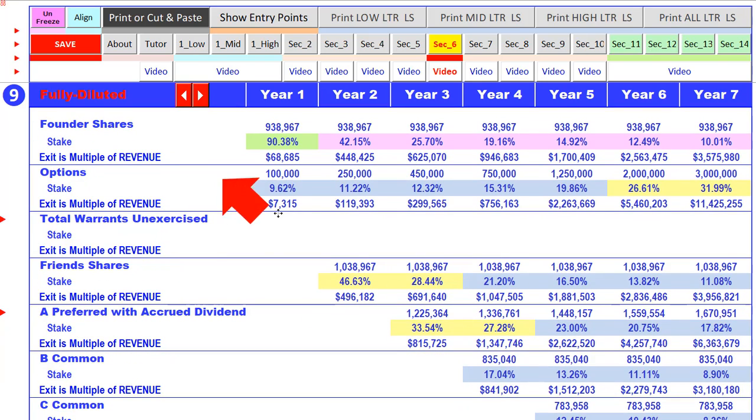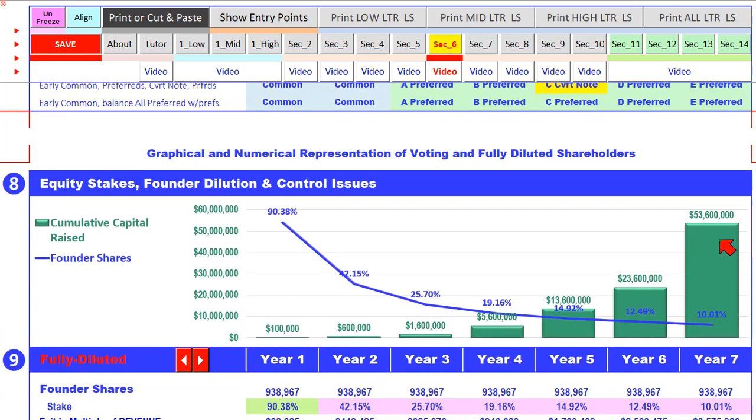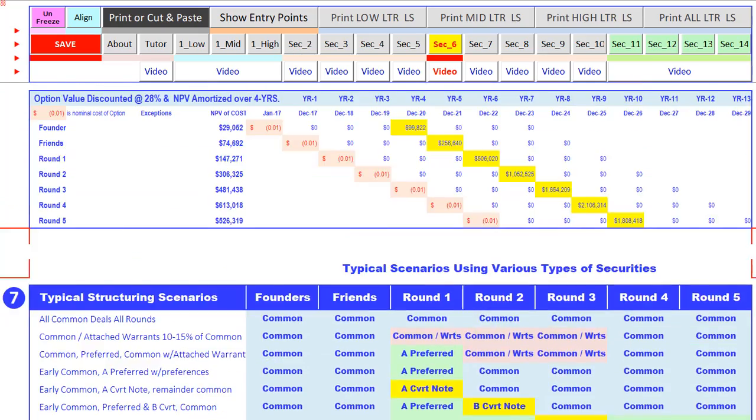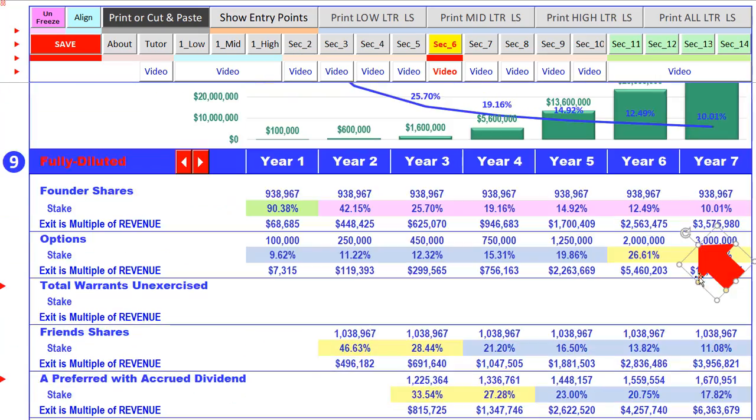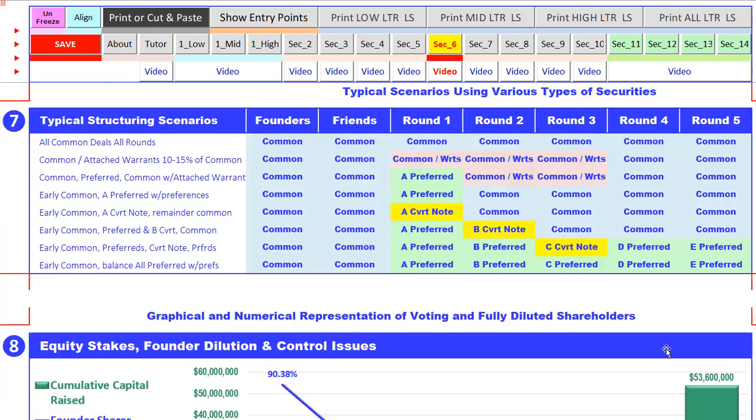All right, so here are the options. You can see that we have a lot of options. These are cumulative numbers here. So the options vastly outweigh the founder, and they vastly outweigh the friend shares and all the other shares we have in here. So this is an incorrect type of option, but we just threw some numbers in, and now you see that that is a significant number. And you could probably get the sense of that. Let me get the red guy back again, X. You could probably get the sense of that